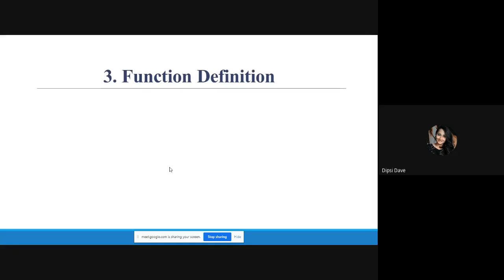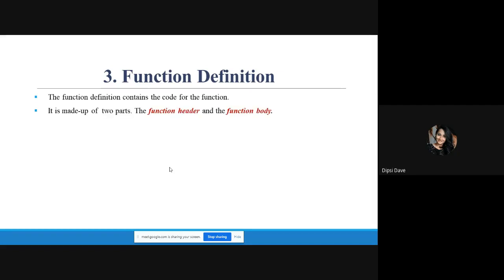The third is function definition. If from the function header we remove the semicolon, provide the pair of curly brackets and write down the executable statements, then it becomes the function definition. So basically it contains two parts, function header and function body, right?